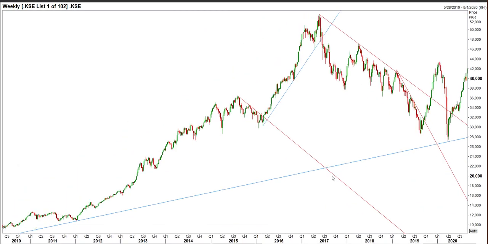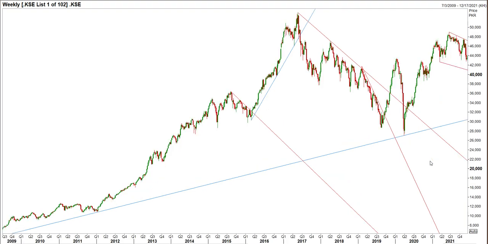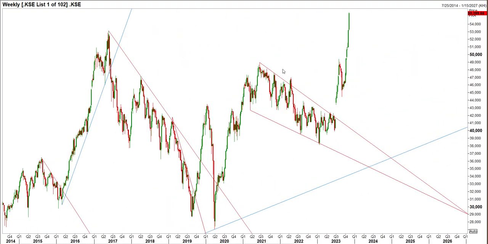When we look at the wider side of this KSE 100, during the COVID crisis prices fell, and KSE 100 was supported from a primary rising trend line, which was a clear indication that the primary trend of KSE 100 was intact, and we can see after this the price started moving on the bullish side. Again, if you look at this, the falling trend line on the weekly chart was providing good support, and once the price closes above this falling trend line,